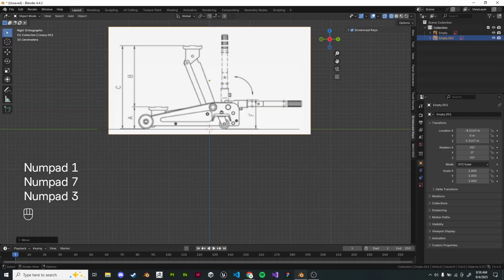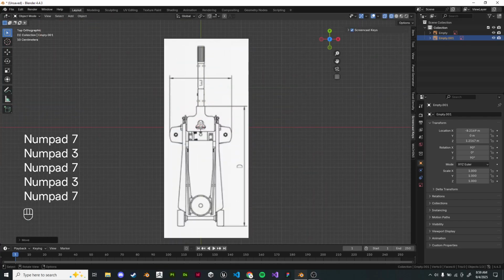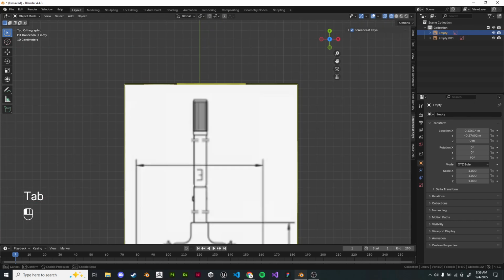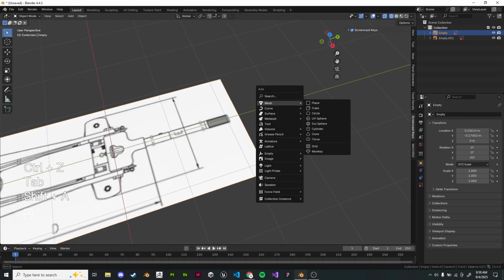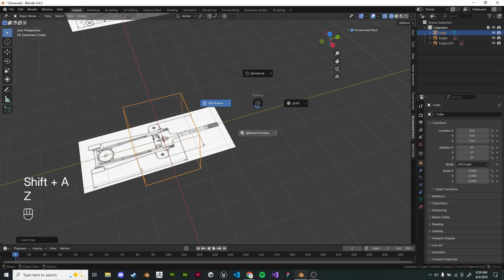And we're just going to flip between our side view and our front view to try and get an idea of where we're at with this. We can also cheat a little bit by using some proxy objects. So if I add this cube,